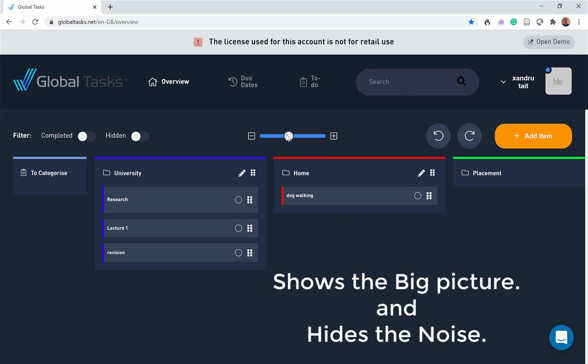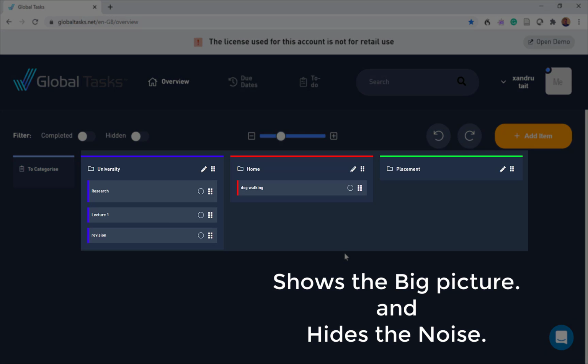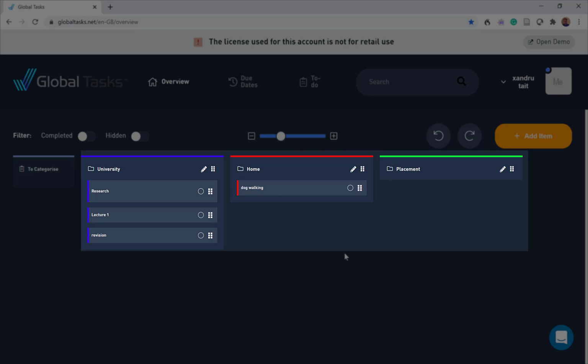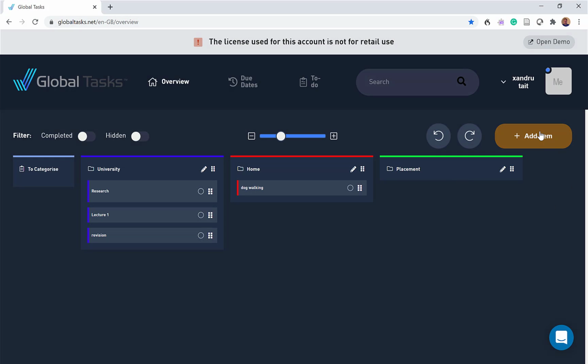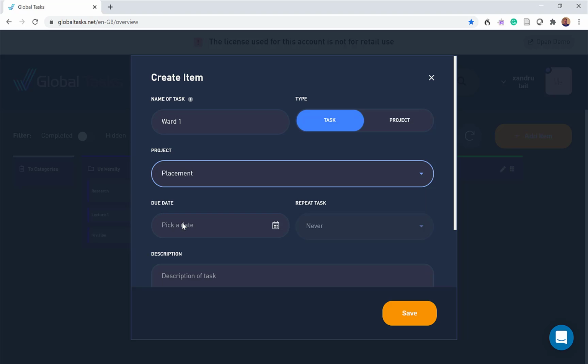So now if I come out a little bit here, zoom just a touch out, you can now see I've got university, home and placement. So I'm just going to add one more on placement by selecting add item. Ward 1, again it's going to my placement,